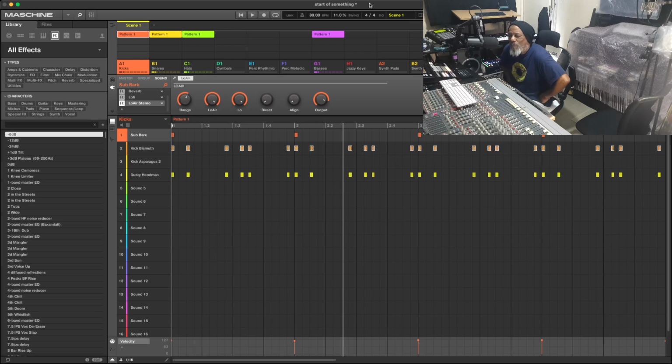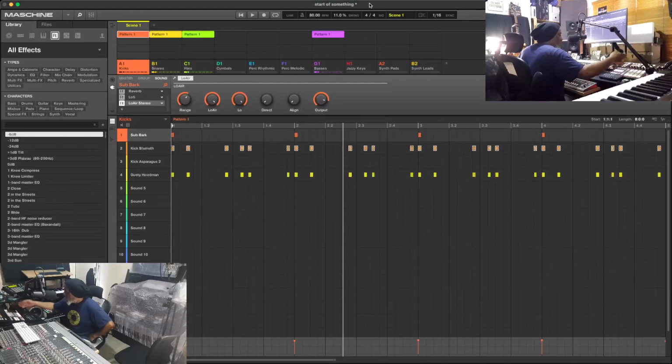there's a lot of people who complain about, who've got Maschine and maybe they don't use it inside a DAW, or they use it just on its own, whether or not they've got the Maschine Plus, which is of course the dedicated standalone hardware unit. As you can see, I don't have the dedicated standalone hardware unit. I have the old, and it is quite old by modern standards, Maschine Studio.